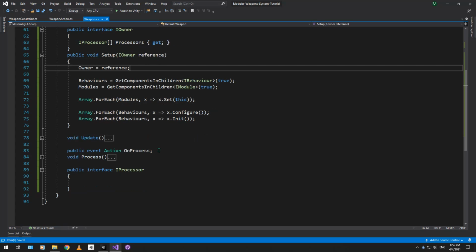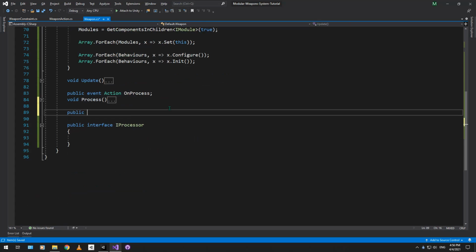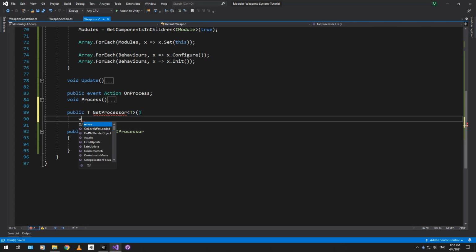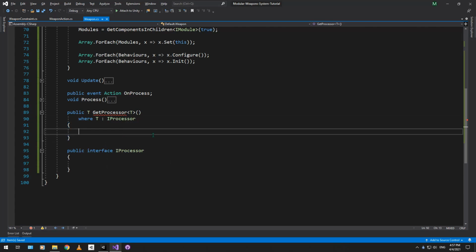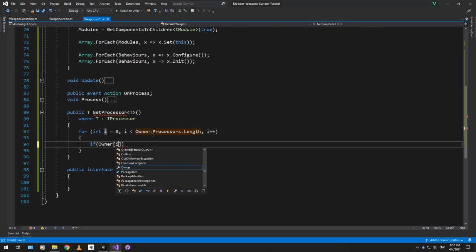So now we're going to make a helper function that will allow us to retrieve a certain processor. So if we want this action processor, we can just call weapon.GetProcessor, something like this. It's going to return a generic GetProcessor of type T, and we're going to have a little bit of a constraint on this where T is a type of IProcessor, and we're going to be basically iterating the owner.processors array and checking if the current processor